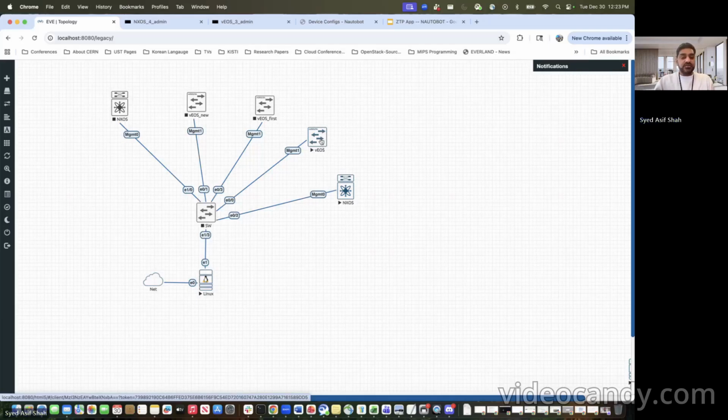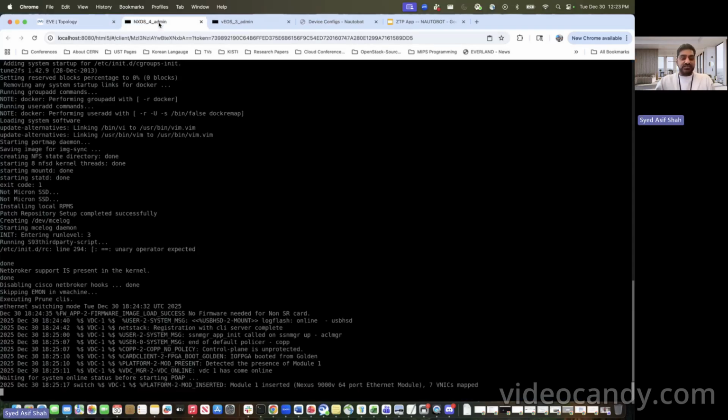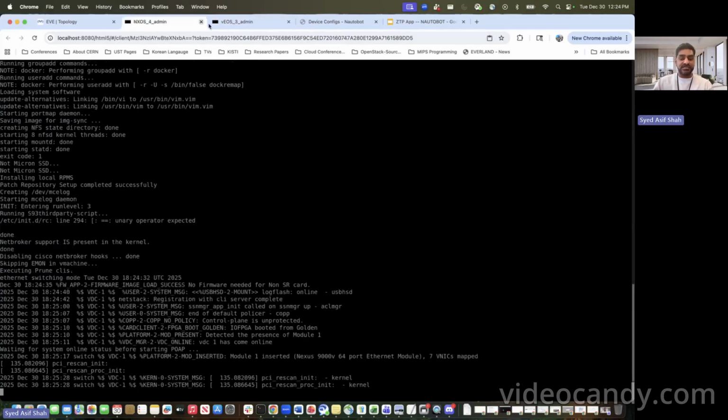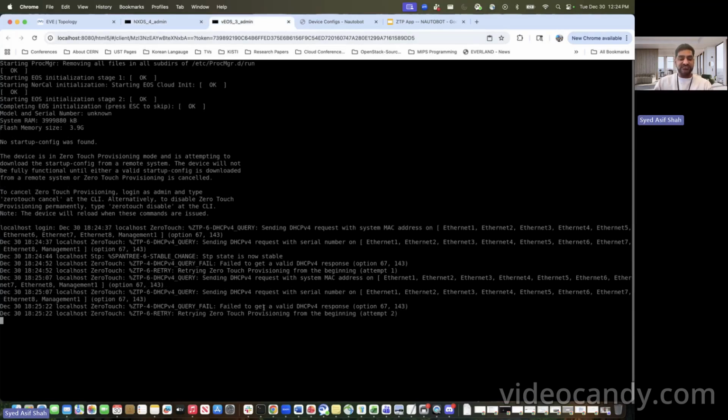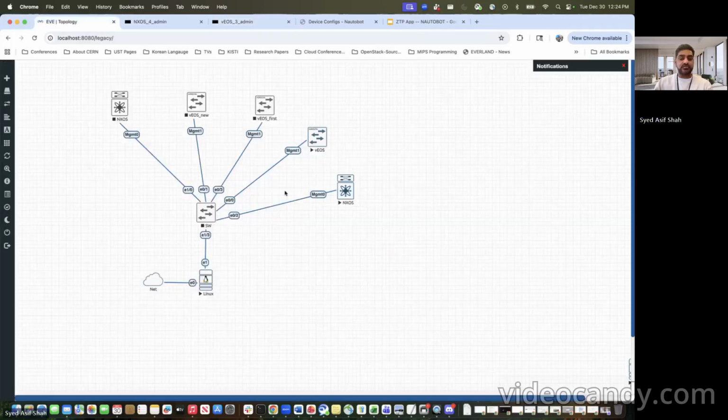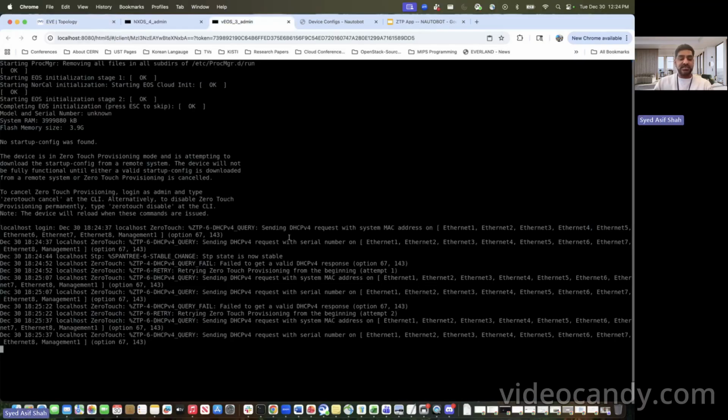But before that, we required the serial numbers for these switches, right? So for serial numbers, we can see the serial numbers here. You can see switches are started, but it is failing to get the DHCP. Switches are started, right? You can see this EOS switch is